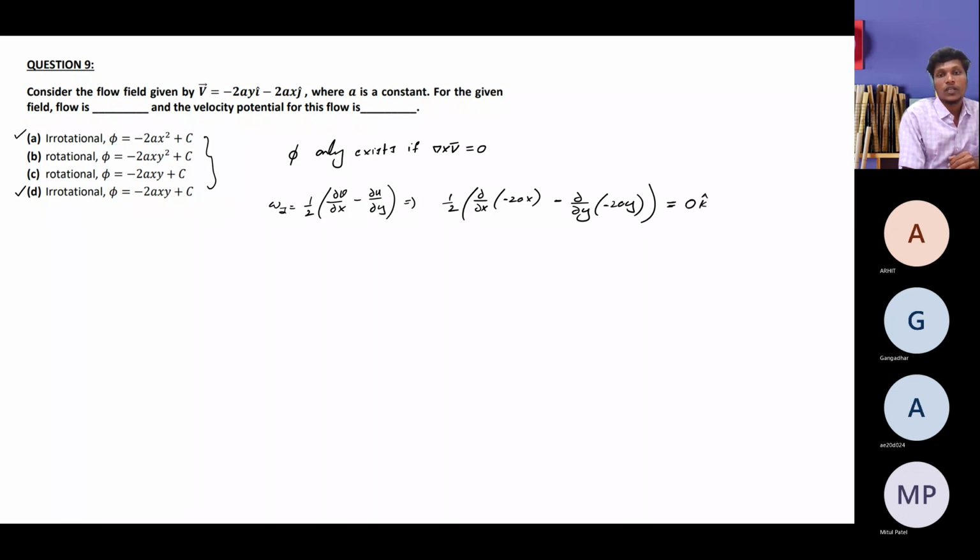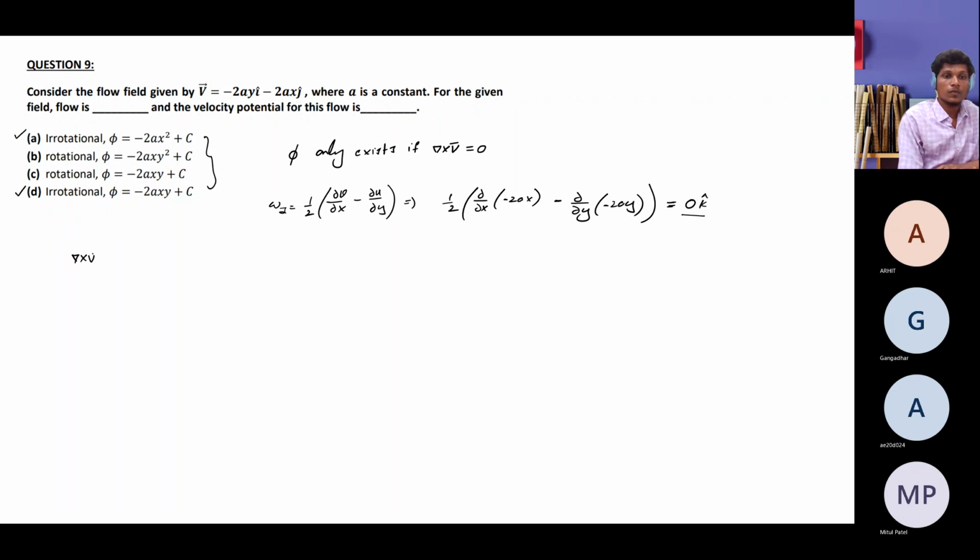This is K cap. Don't forget the vectors that we are mentioning. It will give you an understanding of the different vector calculus operations that we are following. If you are doing i and j participating in this curl, we will get a unit vector in the K direction. So now we verified that the flow is irrotational, and the second task is to find the velocity potential function.